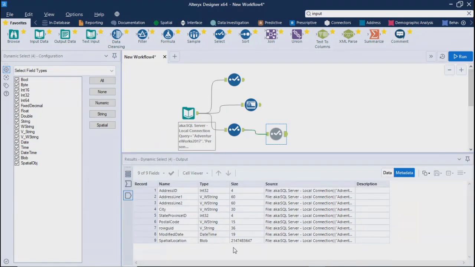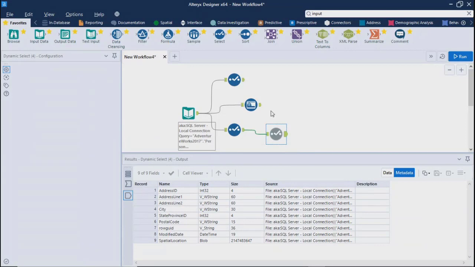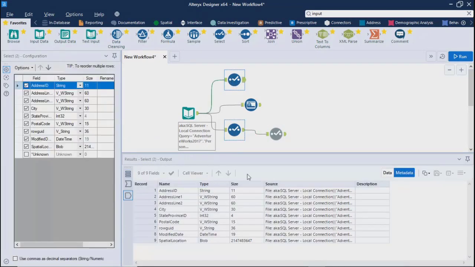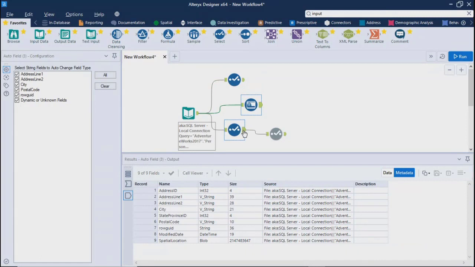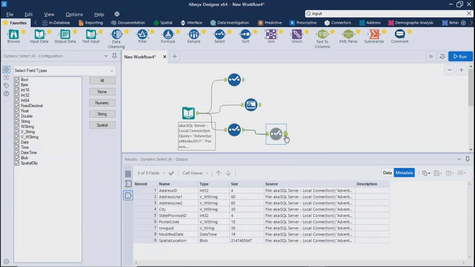So what we used here so far: Select, Auto Field, Dynamic Select, and Input obviously. So far so clear? Okay. Apart from this, as soon as we click on any tool, we can see the data by clicking on this particular arrow. If you click here, you get this data. If you click here, you get this data. Now for any tool, let's say this one, it is connected at both places.